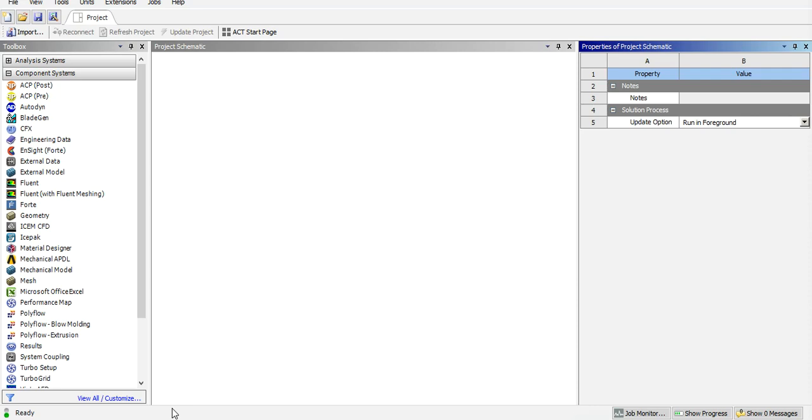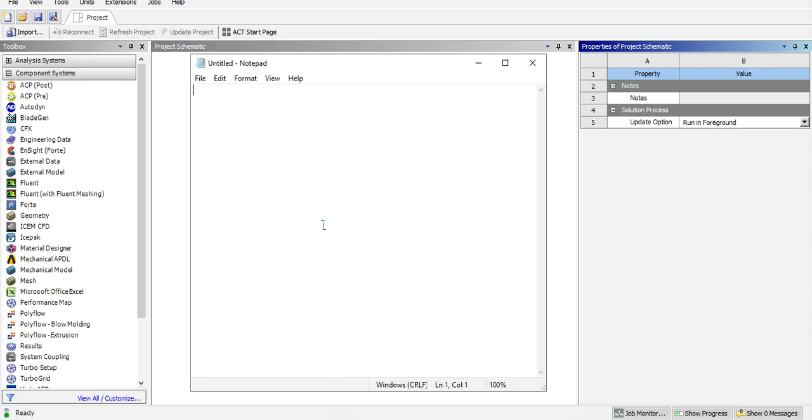Now we want to do a turbomachinery analysis with Ansys CFX. We want to design a centrifugal compressor with this data: inlet pressure 1 bar, outlet pressure around 2 bar, the rotational speed around 25,000 RPM, the mass flow rate around 3 gram per second,